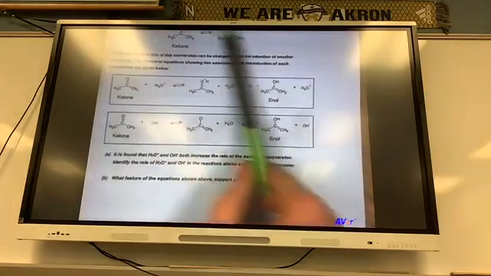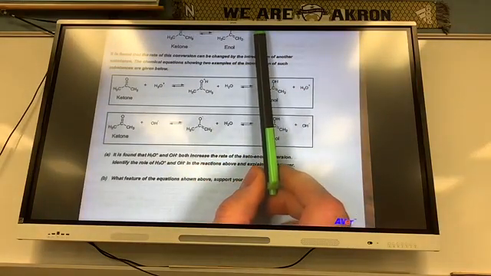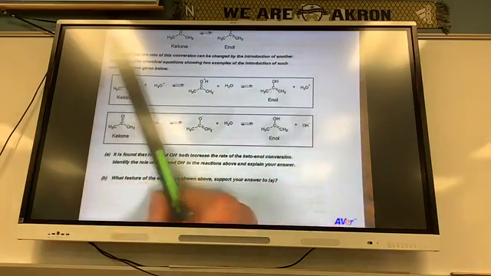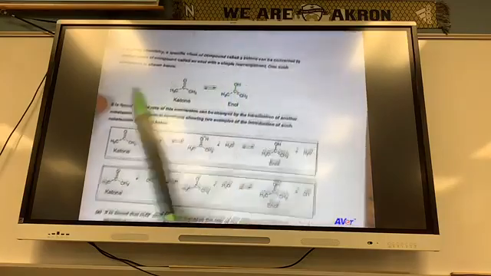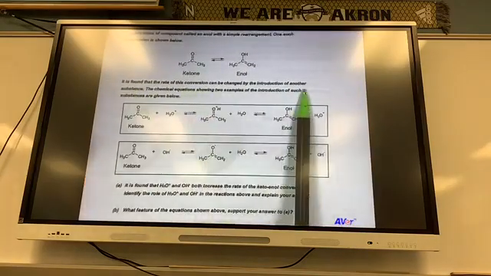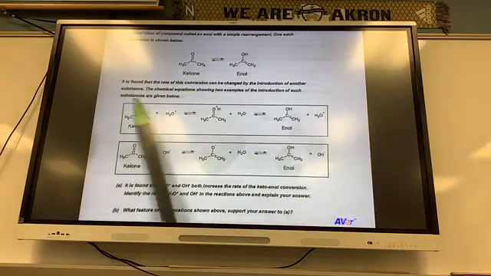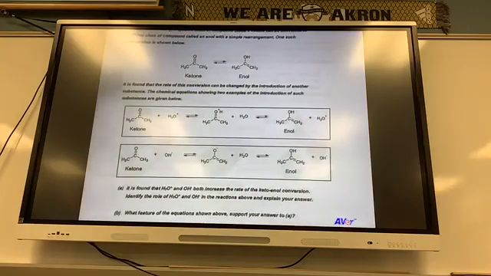So in organic chemistry, a specific class of compound called a ketone can be converted to another class of compound called an enol. All right, so this is a ketone going to an enol. Not super important. It's found that the rate of this conversion can be changed by the introduction of another substance. The chemical equations showing two examples of the introduction of such substances are given below. So here,